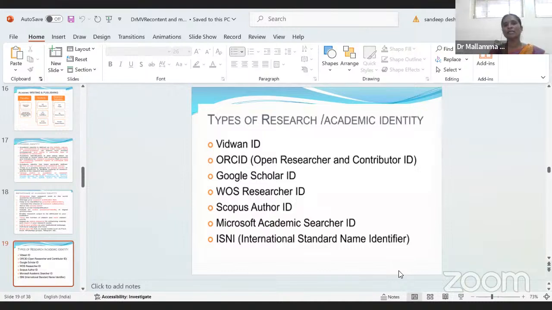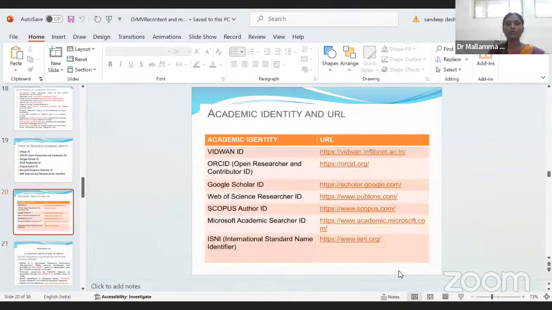Then Web of Science, Scopus, Microsoft need to be purchased. Then ISNI needs to be purchased. So these are to be purchased, but all the above are to be created by you people. So let us create them one by one. These are the academic identities and URLs. You can take a snapshot of this or I will share this. So these are the IDs you need to know with the links. We will create them one by one now.